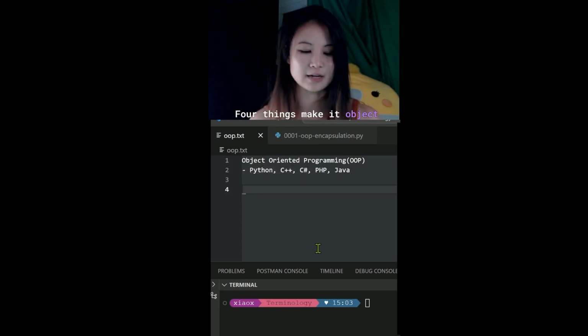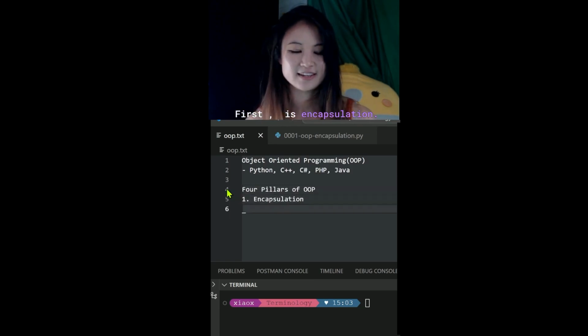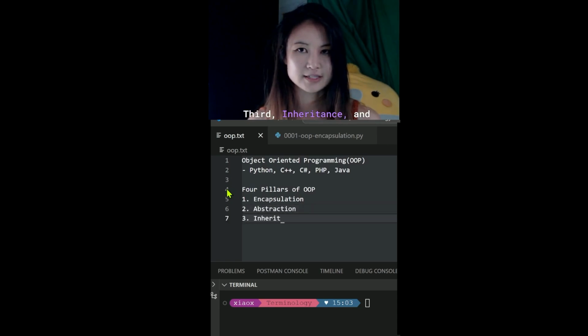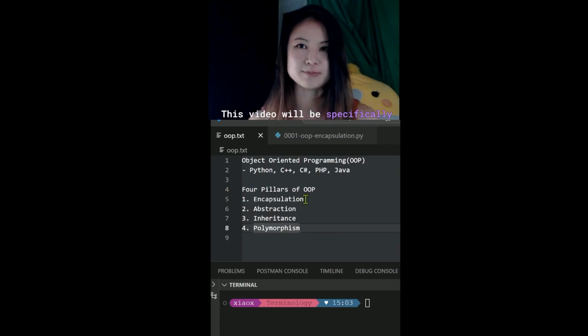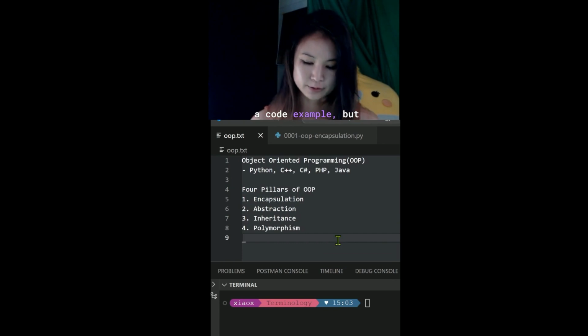Four things make it object-oriented programming. First is encapsulation. Second is abstraction. Third, inheritance. And finally, polymorphism. This video will be specifically about encapsulation, and we're going to write a code example, but before I get